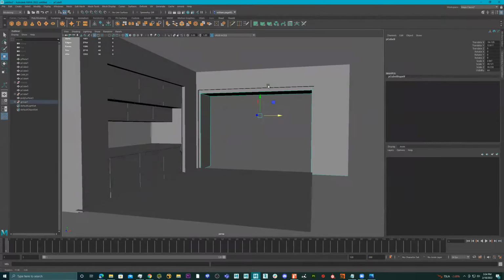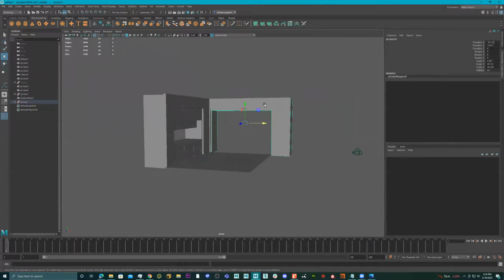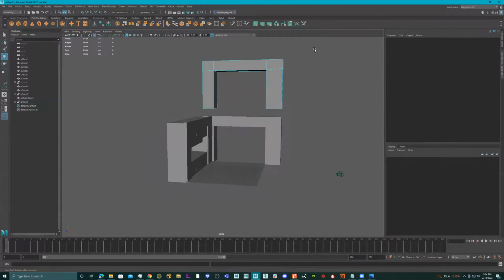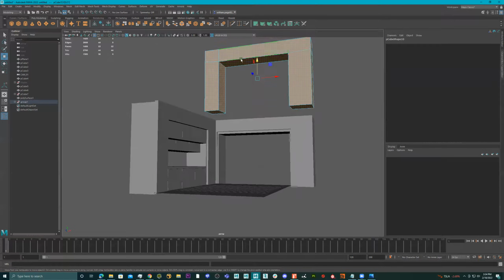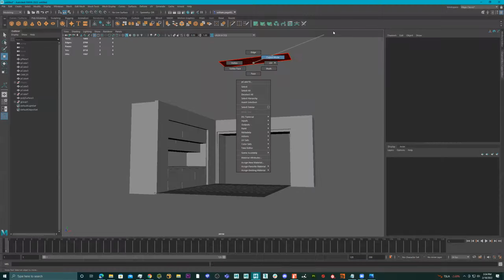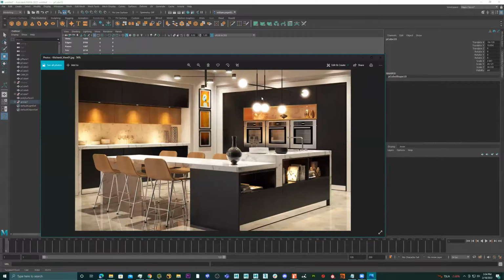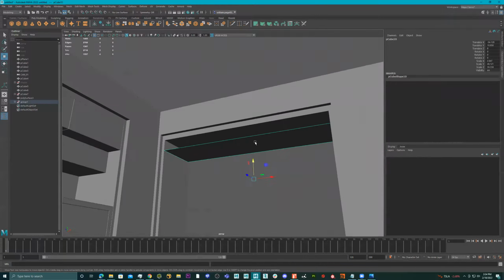What I'm gonna do is I'll duplicate this, Control D, and I'm gonna select all these faces, and I'll hold down Control, select this one, delete the whole thing. Pull this down. 1, 2, 3, 4, 5. I'll shift right click, go to insert edge loop,